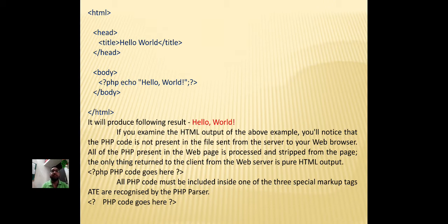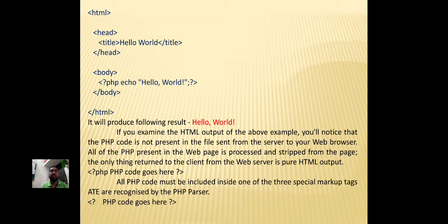If you examine the HTML output of the above example, you will notice that the PHP code is not present in the file sent from the server to your web browser. All of the PHP present in the web page is processed and stripped from the page.